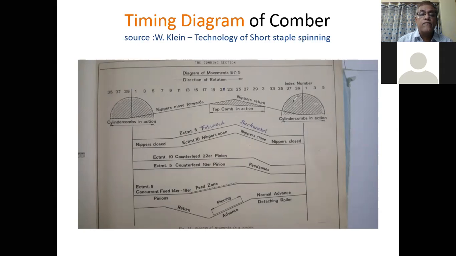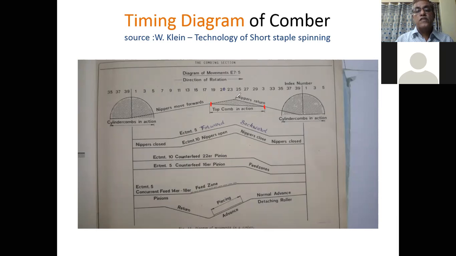At the same time, the top comb action is shown in this diagram from index number 18 to 31. So the top comb will come into action from index number 18 to 31, meaning it will start coming down at index 18.